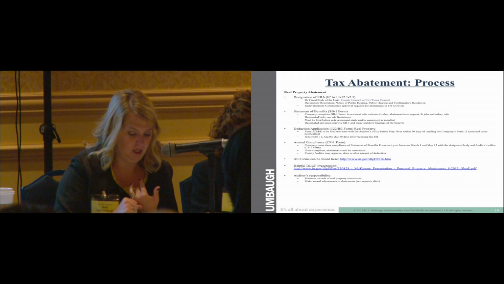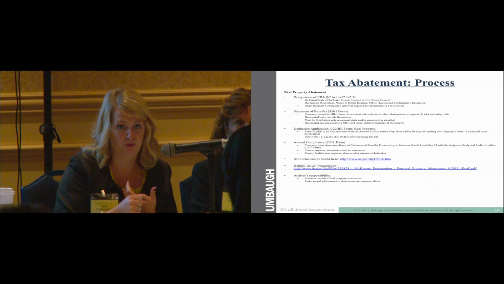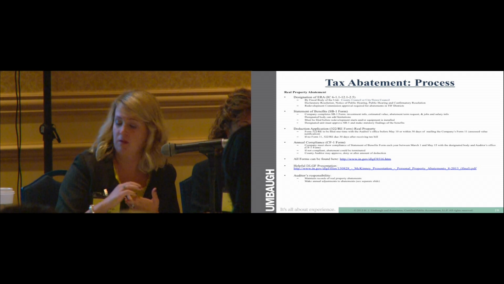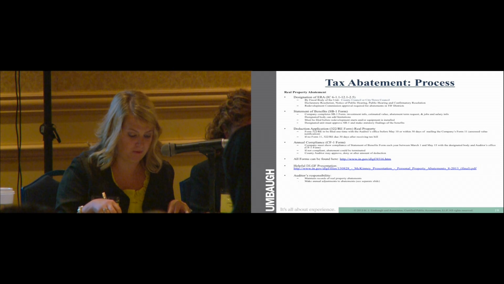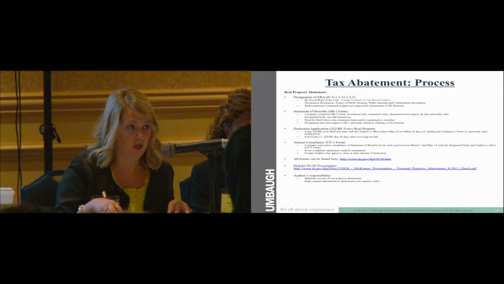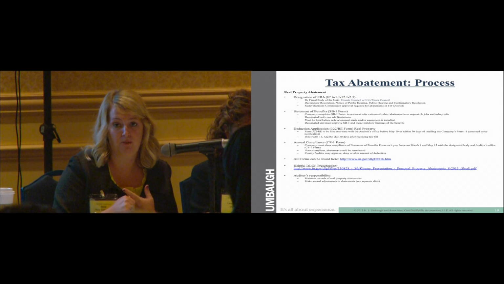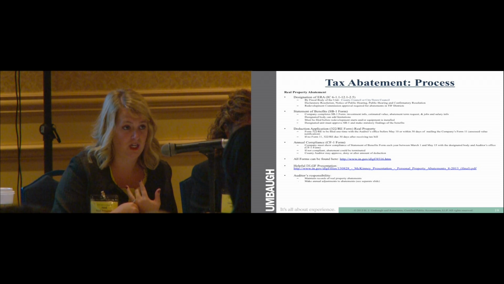After that, the redevelopment commission, if it's within a TIF district, has to approve those abatements. After you designate the ERA, then the company has to complete the SB1 forms, which you guys are probably familiar with. On the SB1 forms, there's investment information that they have to fill out, estimated value, the abatement term that they are requesting, and then there's also jobs and salary information that they are required to put on those SB1